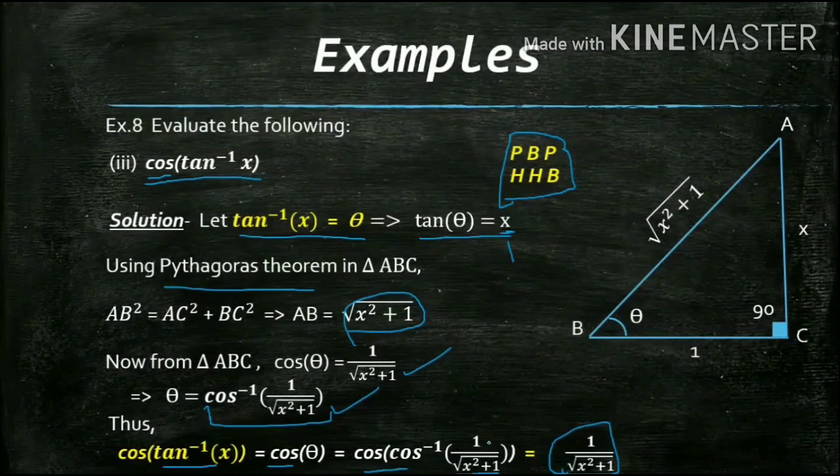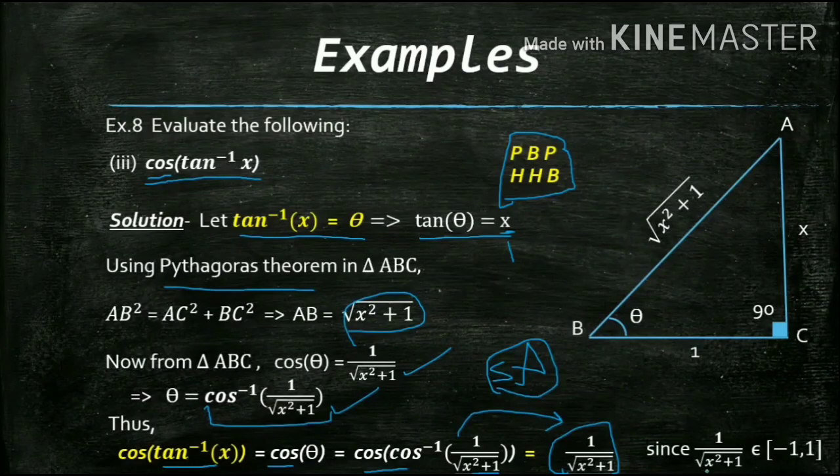Now you must be questioning yourself why we just write this thing directly to this. Why we don't satisfy the self-adjusting property. Why we don't see whether it belongs to that domain or not. Well, basically we did that. Since clearly this belongs to the closed interval minus 1 comma 1, because here the numerator is less than the denominator. Again, the same thing is happening. So that's why it clearly belongs to the closed interval minus 1 comma 1. And that's why we use the self-adjusting property and write cos of cos inverse as directly the value. Right?